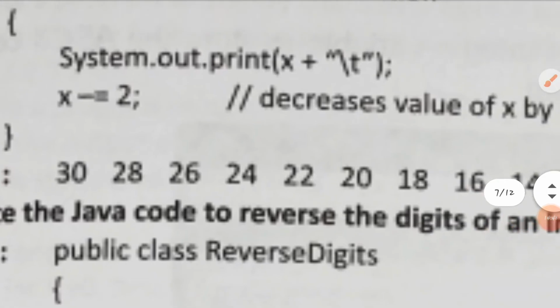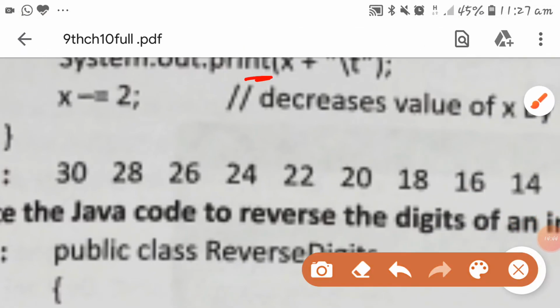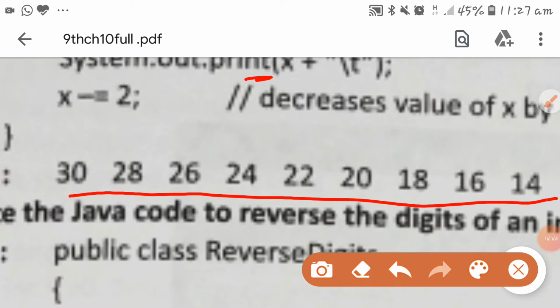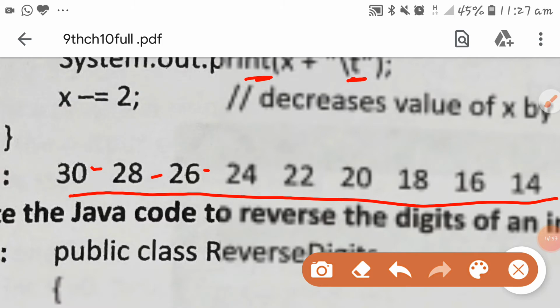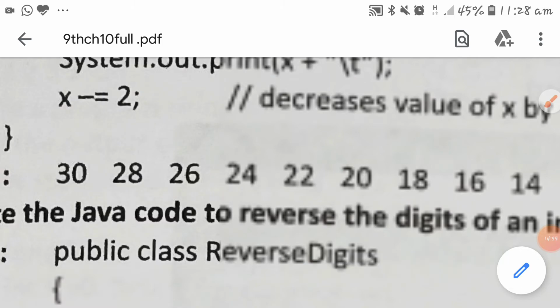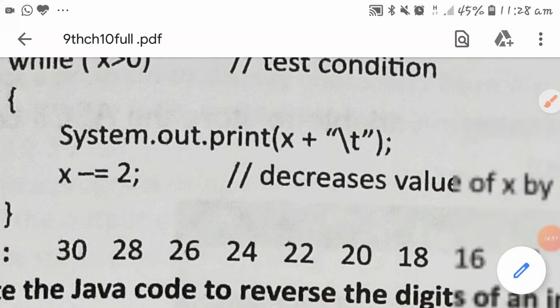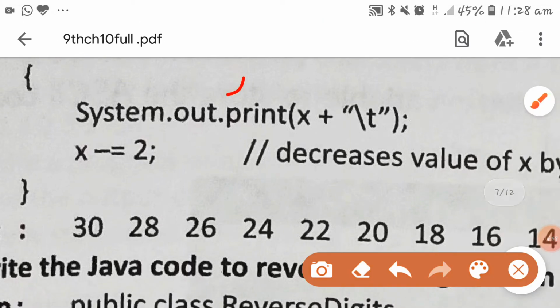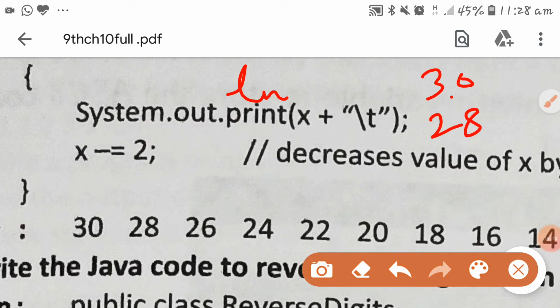Because the print statement is there, all the numbers will be printed in the same line. A tab is there, some spaces are there. If instead of the print statement there is a println statement, then the numbers are printed like 30, 28, each on a new line.